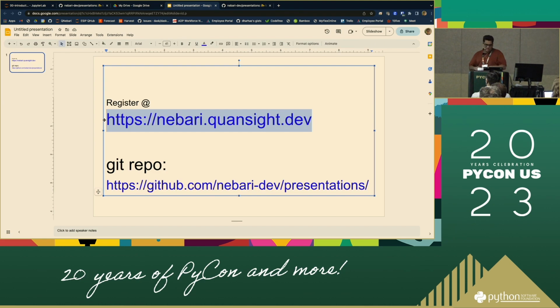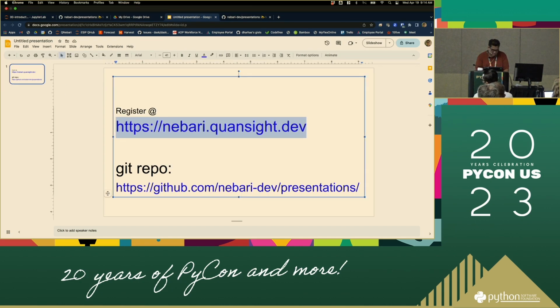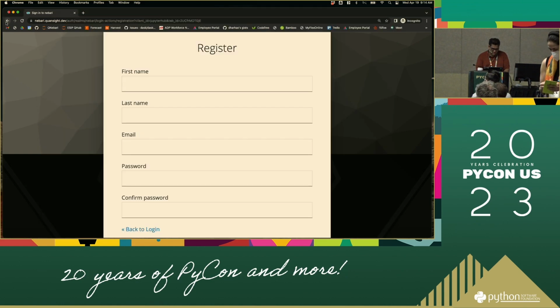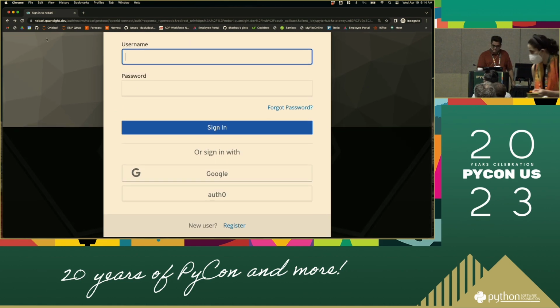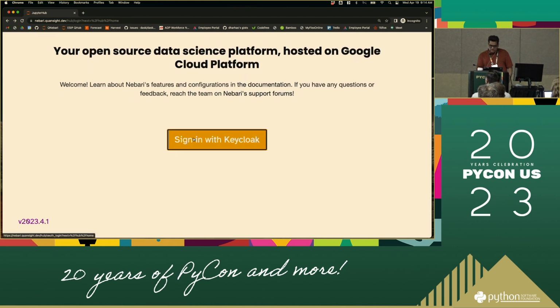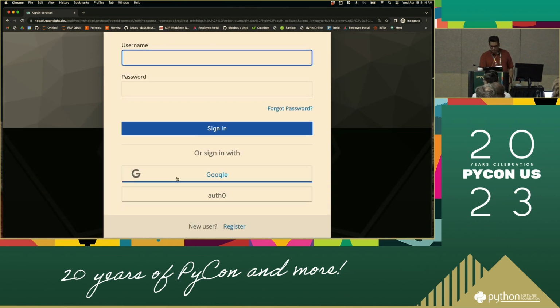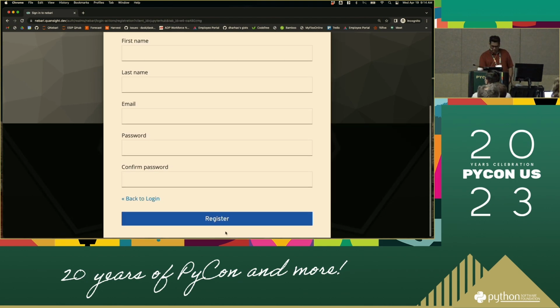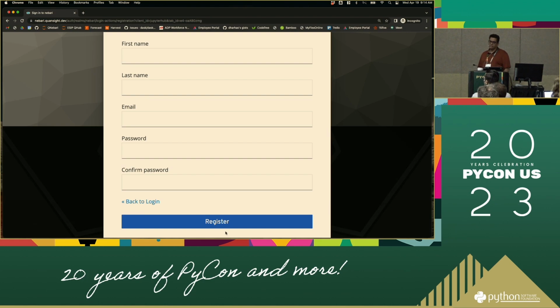and on this website, you will see this: sign in with Keycloak. And once you click sign in with Keycloak, ignore the sign in with Google, but click this register button at the bottom. And that register button will let you create an account. And then once you've created an account,